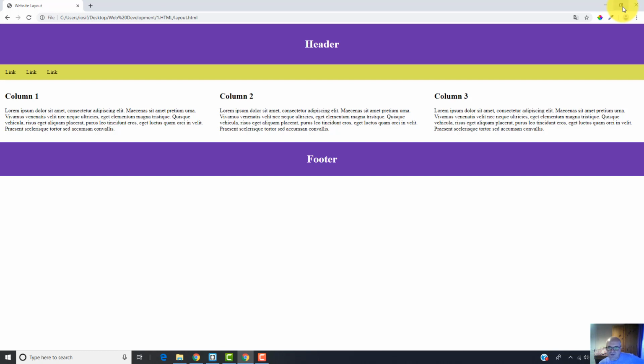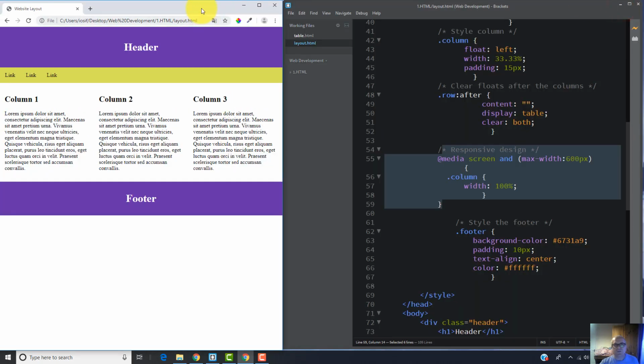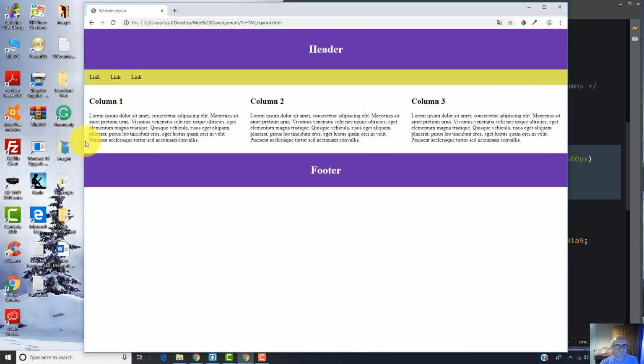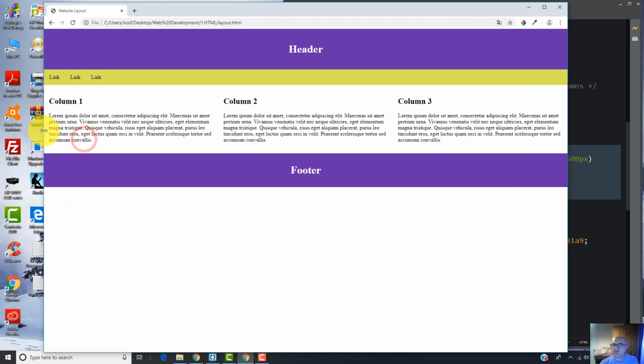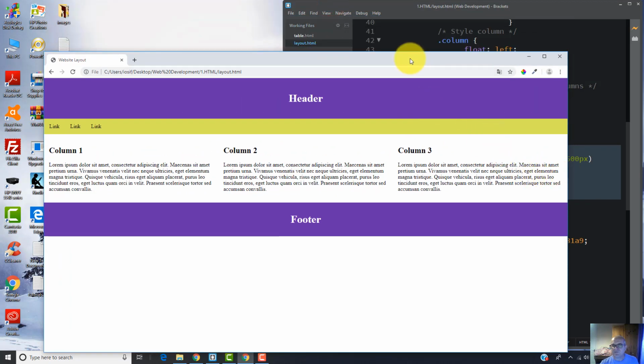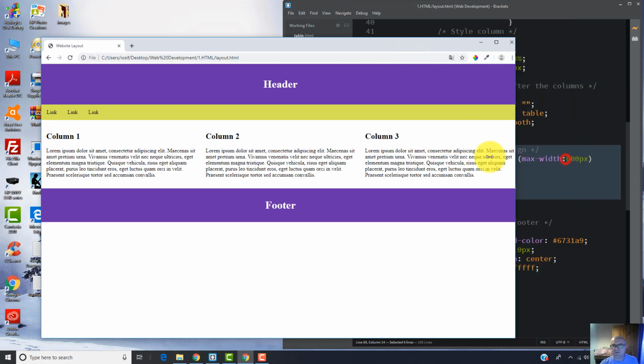It will change its size according to the size of the device where it is displayed. I can do a little demonstration. Now if I change the size of this web browser, you can see how the columns